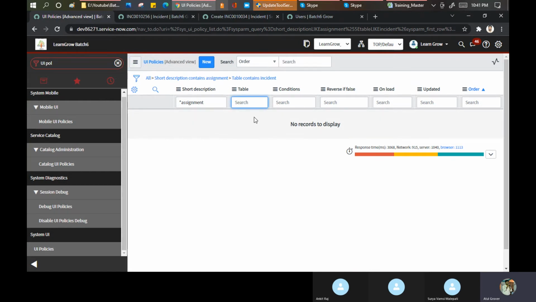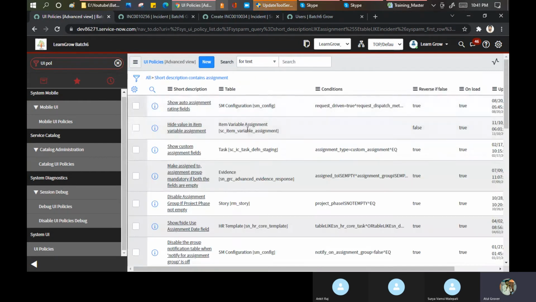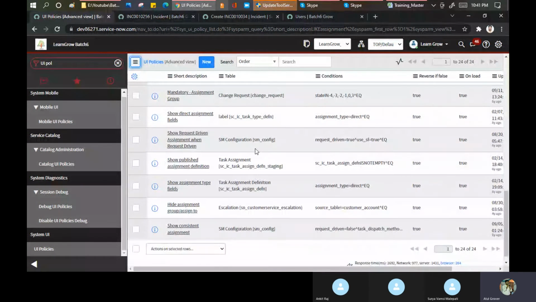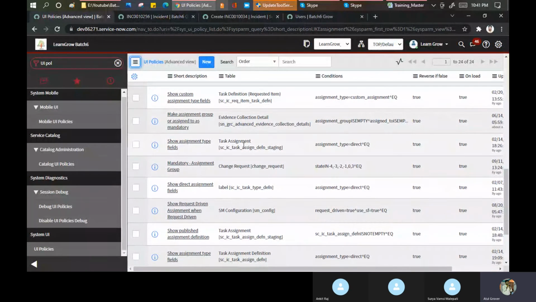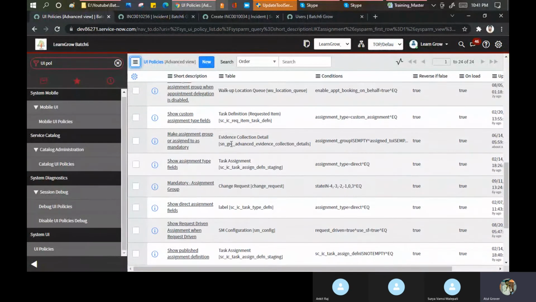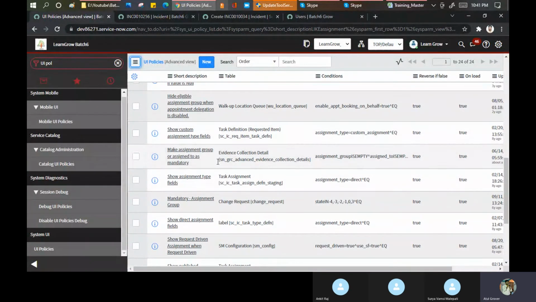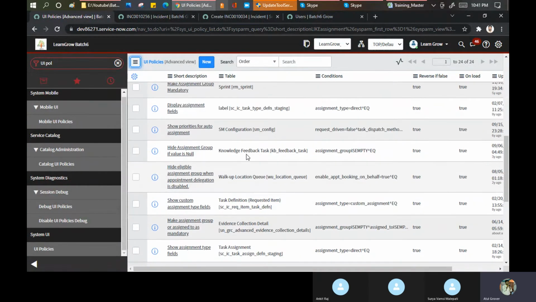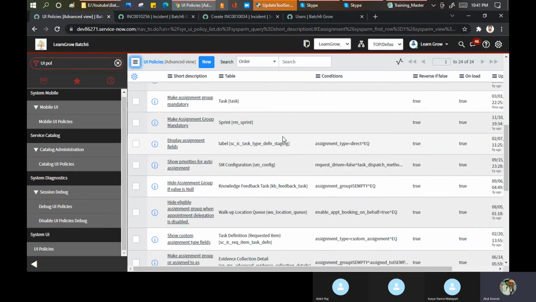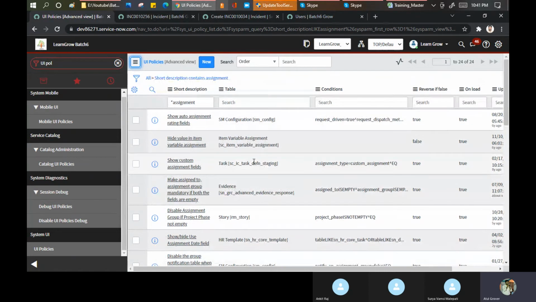But it's coming from the task table only. Label task assignment, not this. Task definition. Let's see. Show assignment type fields, not on this part. Value is null, not here. Condition, no.